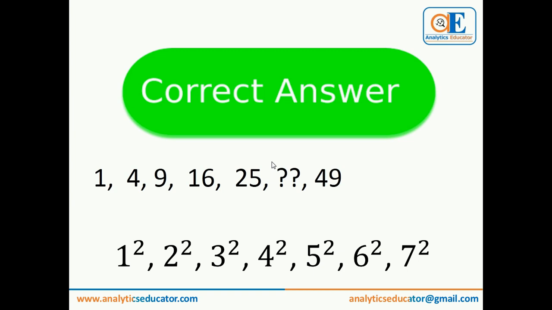But then, can you tell me how you get to know that it's going to be 36? So, consciously or subconsciously, you are trying to figure out the pattern or trend among these numbers. Is there any same pattern among all the numbers? You figured out that if you keep on squaring the numbers, you get the same thing, so it has to be 36. Absolutely correct. But there are only 6, 7 numbers. What if there were about 1 million rows of numbers? It would not be so easy to do that mentally, right?